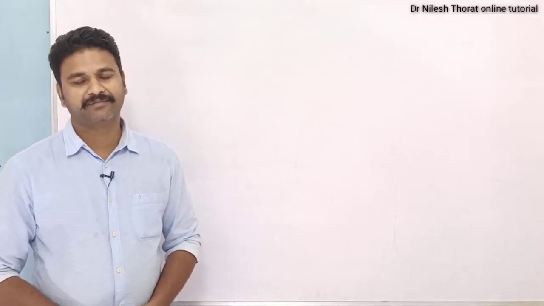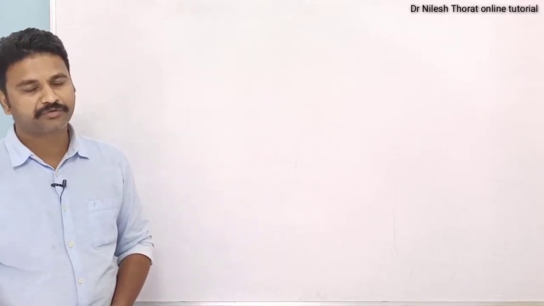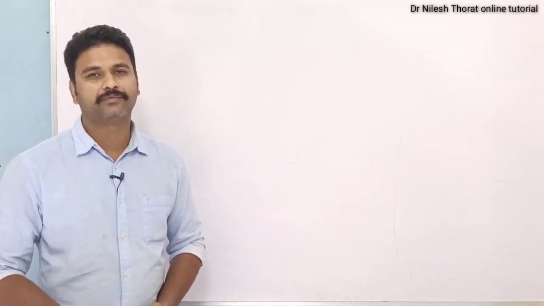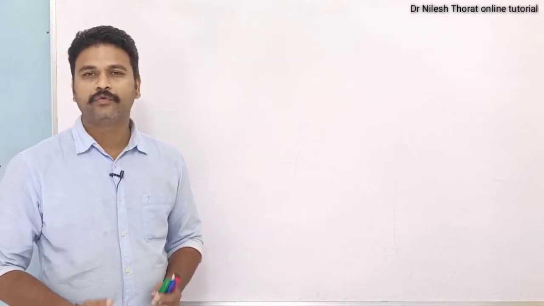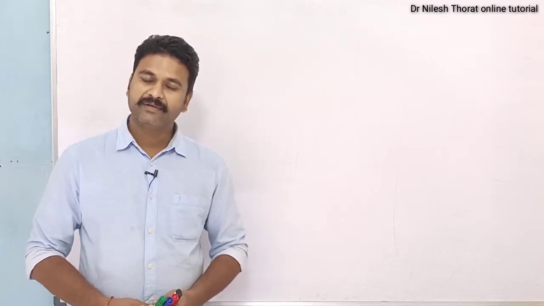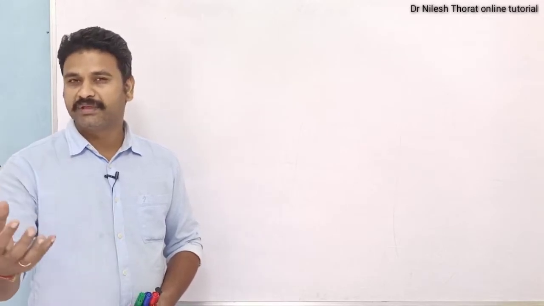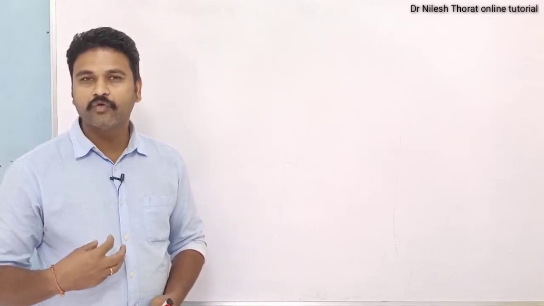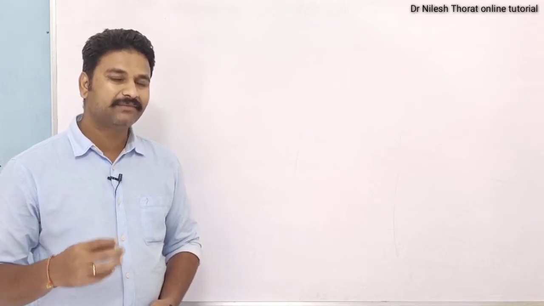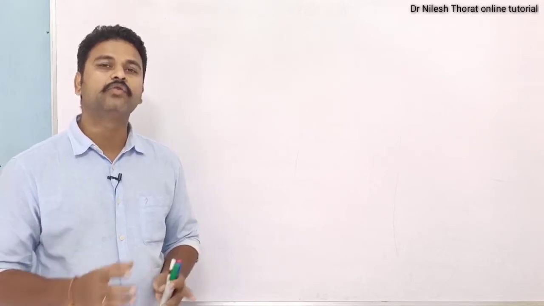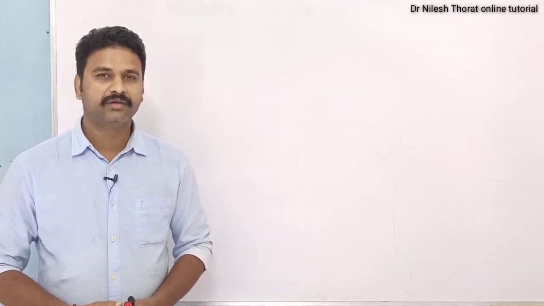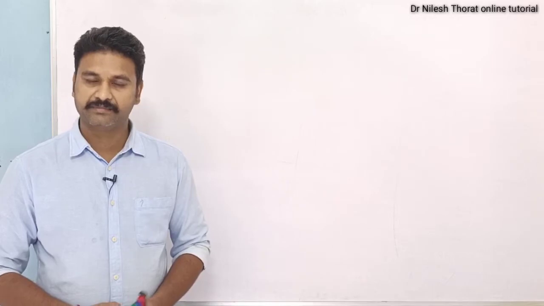Good evening, student. After taking the general information about respiration and learning about the different organs of respiration, now we have to focus on the anatomy of respiratory system. Whenever the air will go from atmosphere into the lungs, it will follow a sequential path. For understanding the sequential path, we must be thorough with the anatomy of respiratory system. So let's try to learn the anatomy of respiratory system in detail.